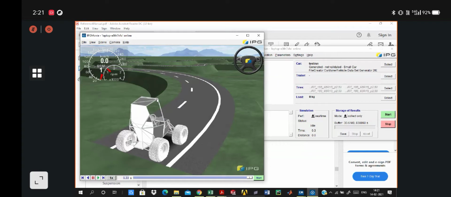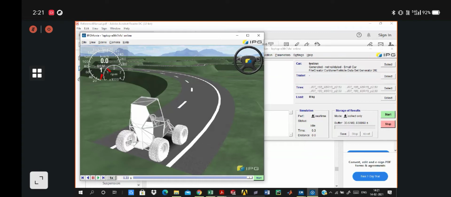So apart from this training or session that we are giving, you can just go through the manuals, just try out different iterations and different possible options which are available to you. So it will help you to maximize your vehicle performance.